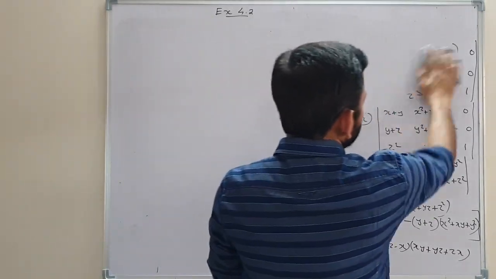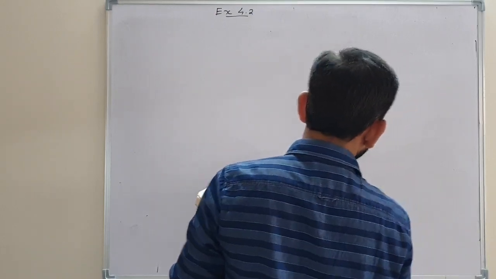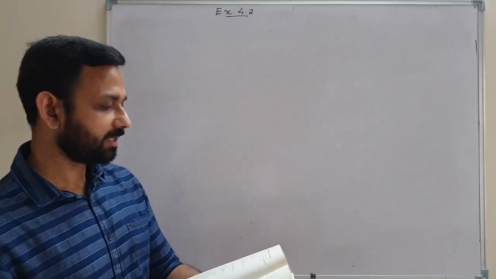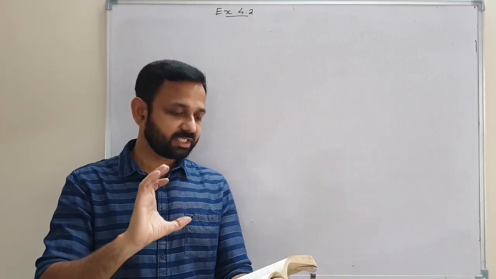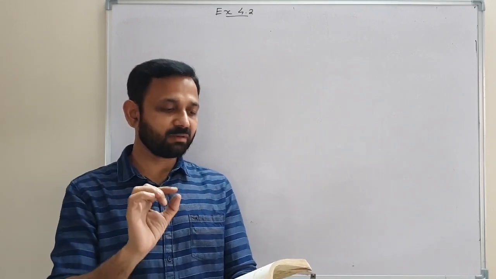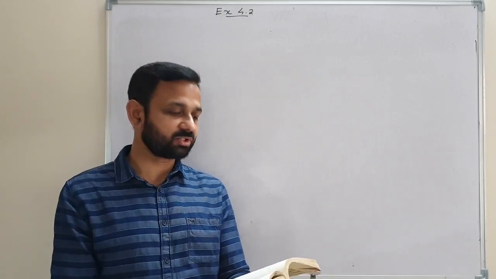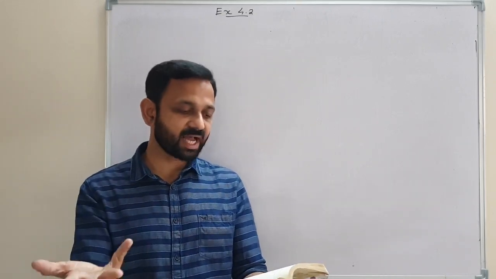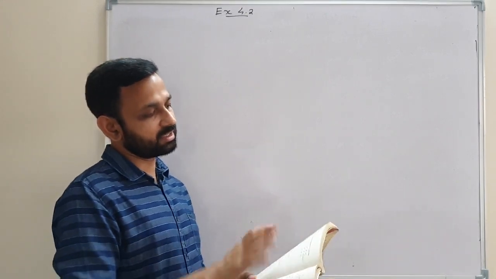I will explain one more question. Here, the 8th question I am not explaining. That is very simple. Here we have already 1 there. In question number 8, in the first part we have 3 ones. We can easily make 2 zeros. And the second part also we have 3 ones. So it's not difficult. And now I am explaining question number 7.